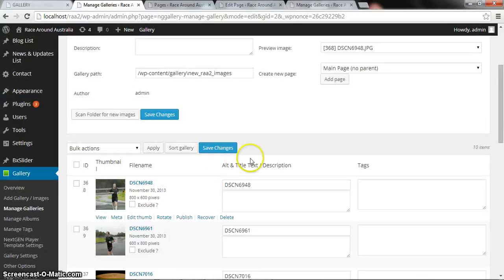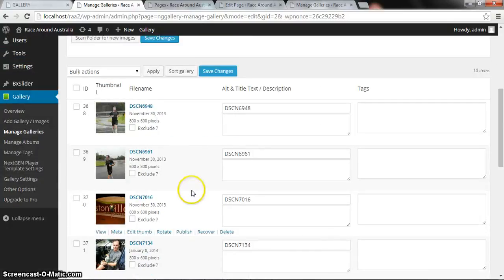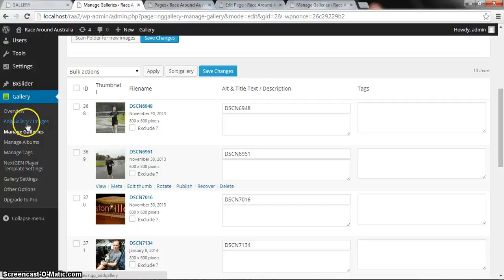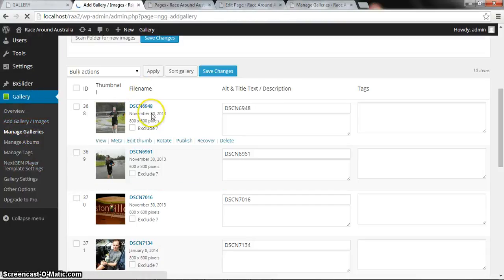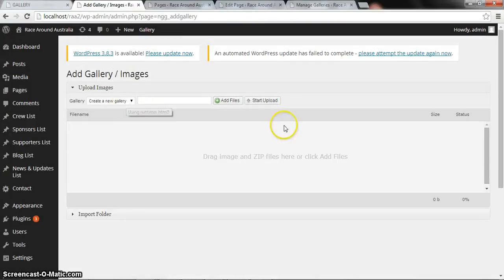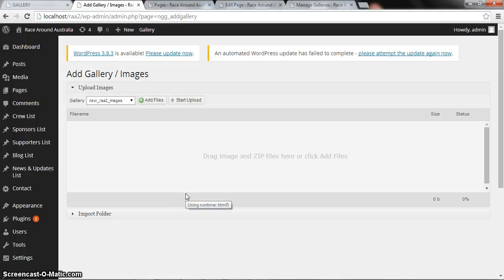So how will we be able to add images for this? Go on the gallery menu, click add gallery. On the add gallery page, select the new RA2 images, then find the folder or images you would want to upload.